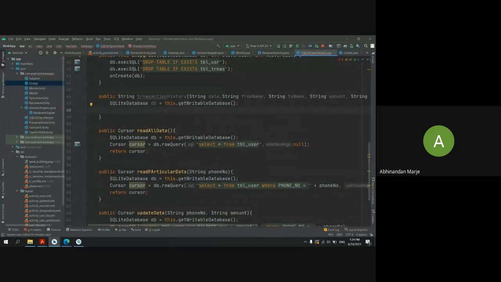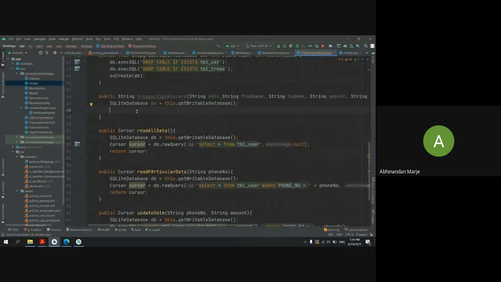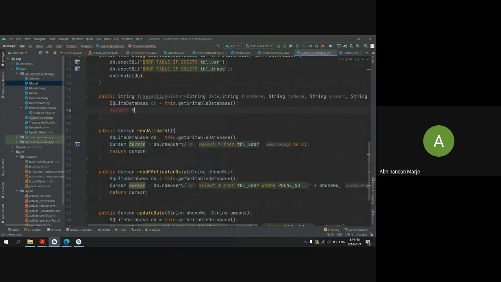Then I will create another method. When we are reading from our database, we use the cursor. Now this time we are putting some data in our database, so we will use the ContentValues.